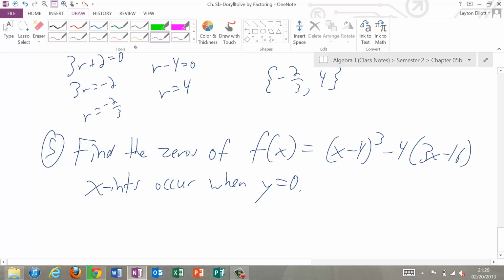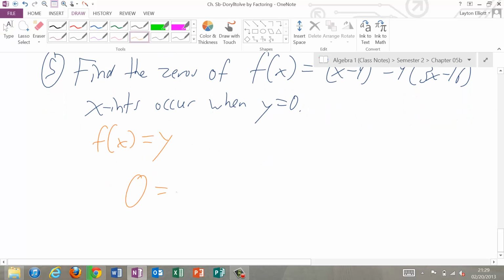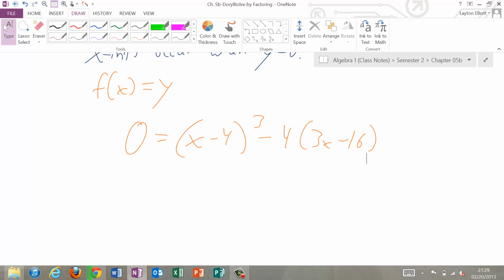Well, if you remember from function notation, f of x equals y. f of x acts like y. So what we really need to do here is I just need to take this and rewrite it as 0 is equal to x minus 4 cubed minus 4 times 3x minus 16. So now I need to solve that. Well, we have another complication. This is not factored. And in order to factor it, I'm actually going to have to multiply everything out and